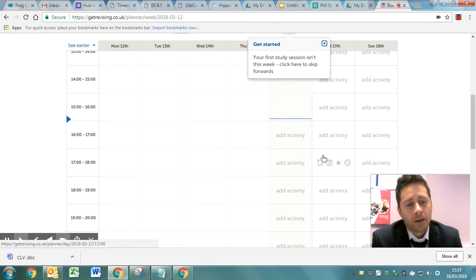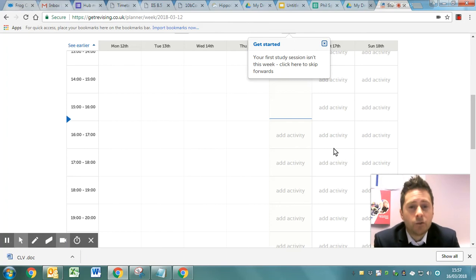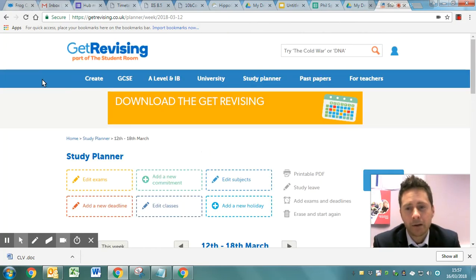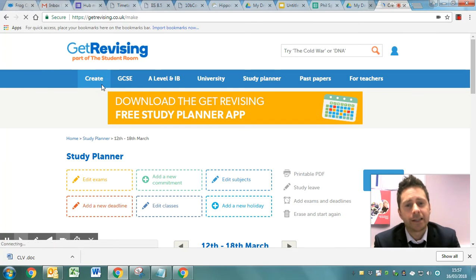And using a study planner is really, really useful. And some of you might decide that you're going to do something similar on paper. Some people like to work on paper. Some of you might use something like Google Calendar. But this one here is obviously there, it's set up, it's very easy to use, and you might decide that this is a way of you keeping track of your revision. Right, if we go back to the create section,